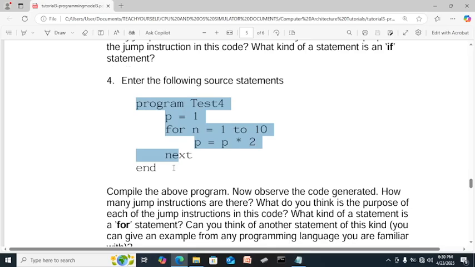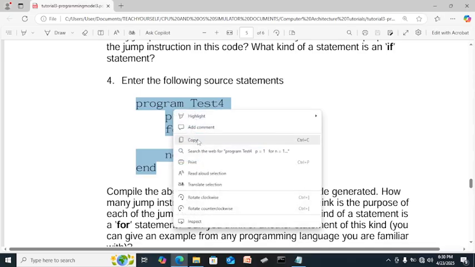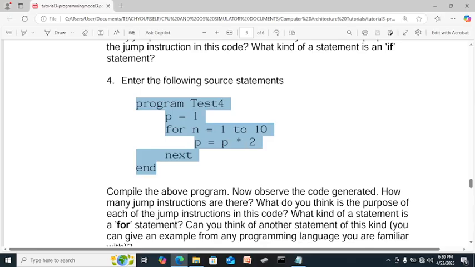So you run the 4, so it will loop 10 times, and it multiplies the value times 2. So for n is 1 to 10, loop 10.